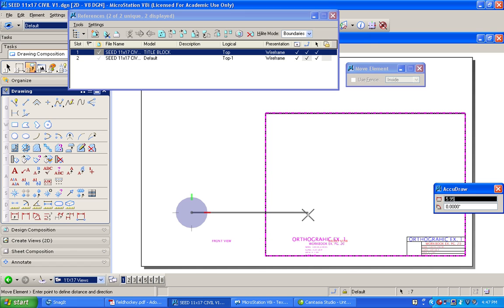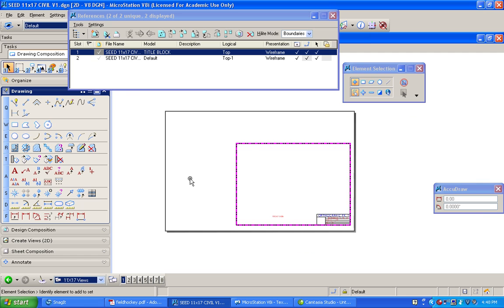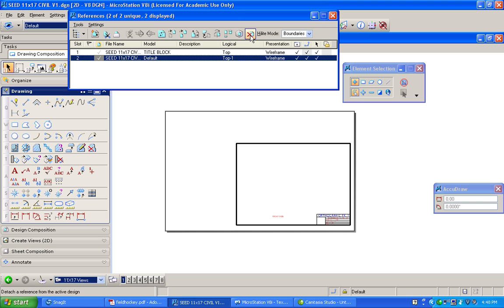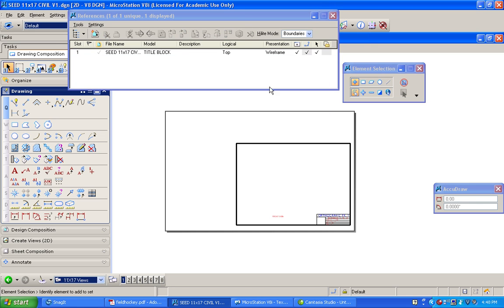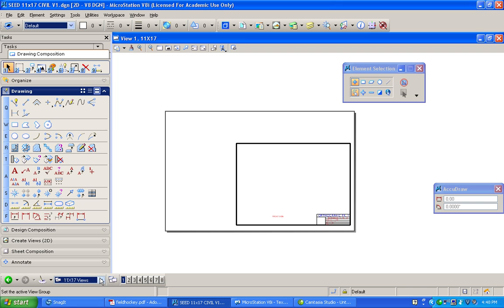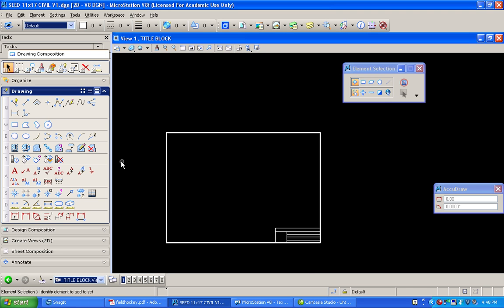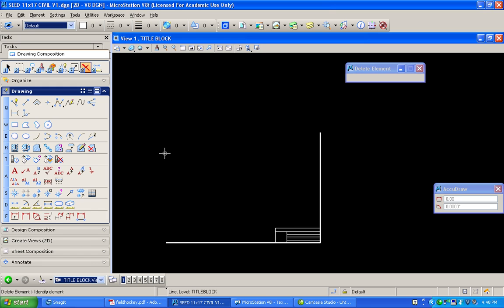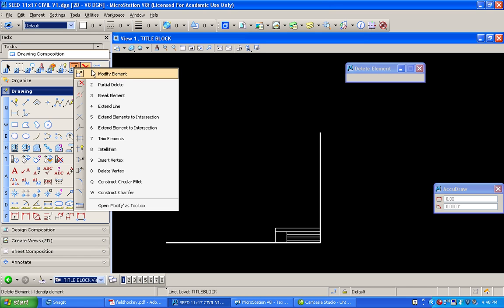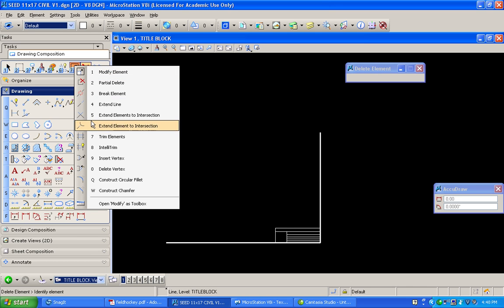Now you can see our border is still too small. I can get rid of this old reference file because that was from our mechanical stuff. We'll go back to our title block view. There's our border. What we can do is delete this line and this line. And let's see if we can use the extend line tool, which is 7, 4, extend line. And we'll just left click and we'll say we want that one to be, you notice I'm